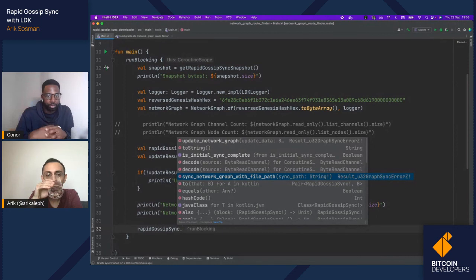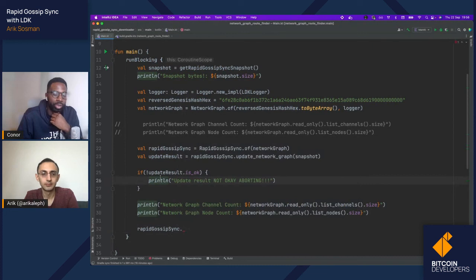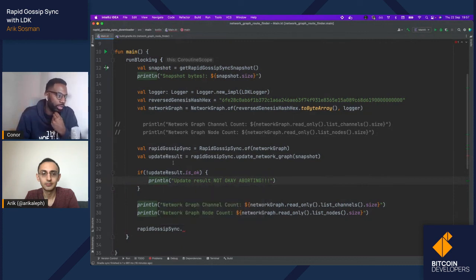Okay. That makes a lot of sense. On average, how big is the network graph? Well, I guess that changes a lot, right? But how big is the network graph currently? How many megs are we looking at? Like 5, 6? Yeah, so it's growing fairly slowly. I think a couple of weeks ago it was 4.7. Now it looks like 4.8. But this is the Rapid Gossip Sync serialization.